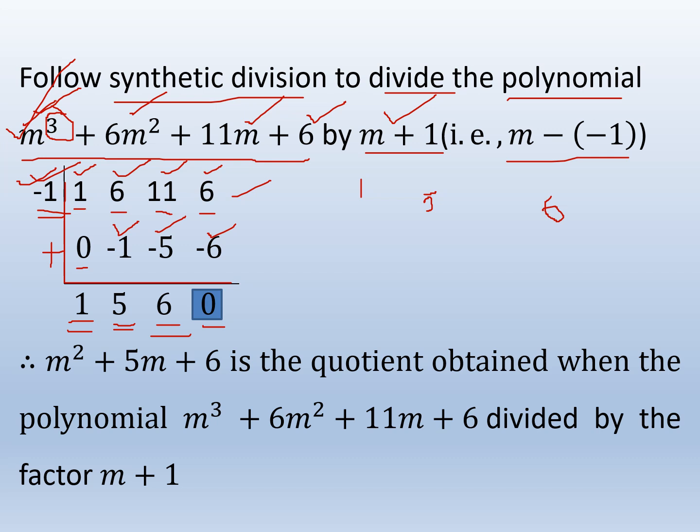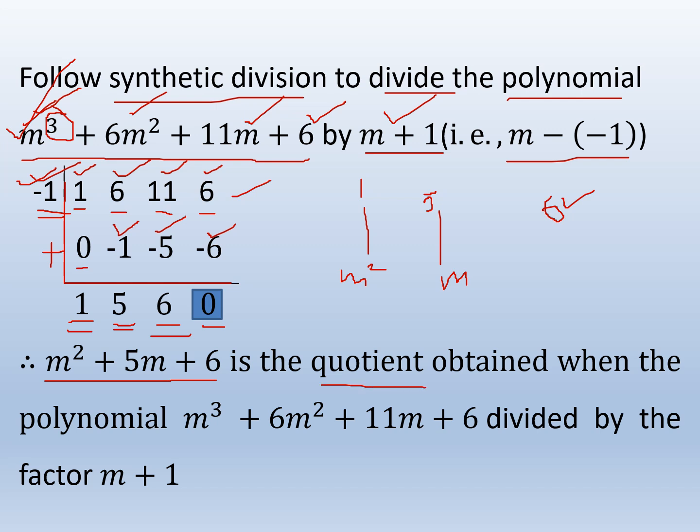That is, 1 is the coefficient of m square, 5 is the coefficient of m, and 6 is the constant of the polynomial. Therefore, we get the polynomial m square plus 5 times m plus 6, which is the quotient obtained